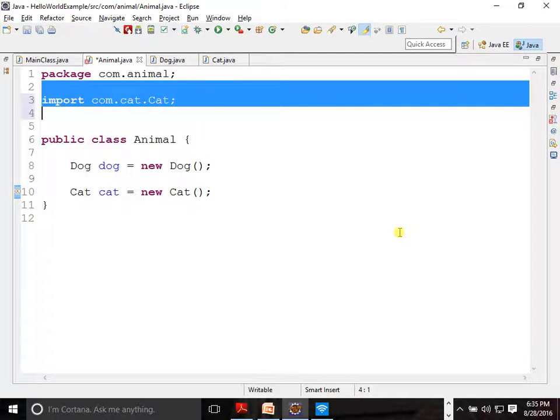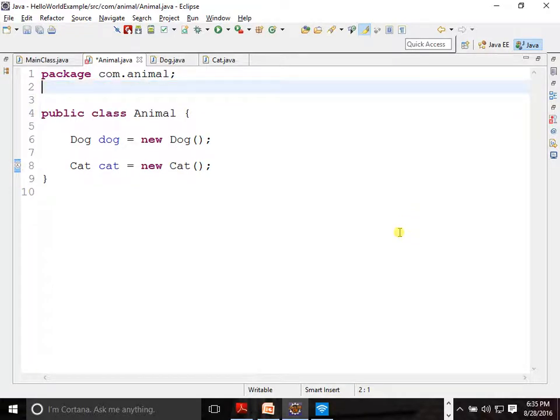Is it a good idea to move your cursor and import? You have to do it 1,000 times, right? Are you able to understand? So it will be a big headache for you. I mean, if somebody has given you a task, a full day will go in importing only. Are you able to understand? So this is not a good way, going to each and every place and importing it.